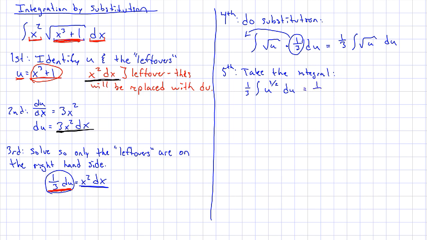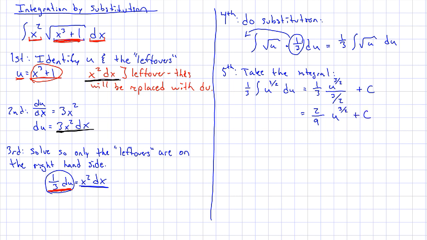So I end up with 1/3 u to the 3/2 divided by 3/2. Then I drop my du, but I need to have a plus c. I'll do a little bit of cleanup here because I'm dividing by a fraction. So I end up with 2/3 times 1/3, which is 2/9 u to the 3/2